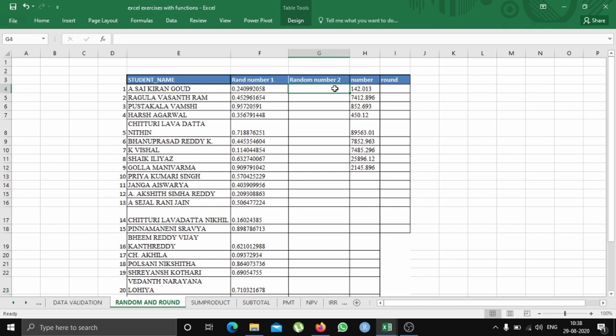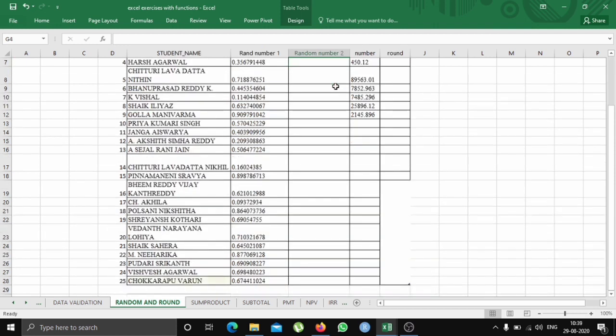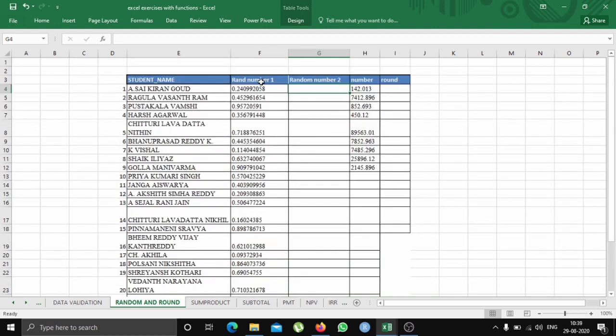But if you want to set a specific range for our data, like we want the random number to be set between 1 and 2. Here it was between 0 to 1 and hence we got decimal values. But if you want the data to be random numbers ranging from 1 to 100, you just need to enter the Excel function RANDBETWEEN, since we are setting a range. As you can see here, Excel is asking for the bottom number and the top number. So we'll enter 1 as the bottom number, the least number, and the highest number to be